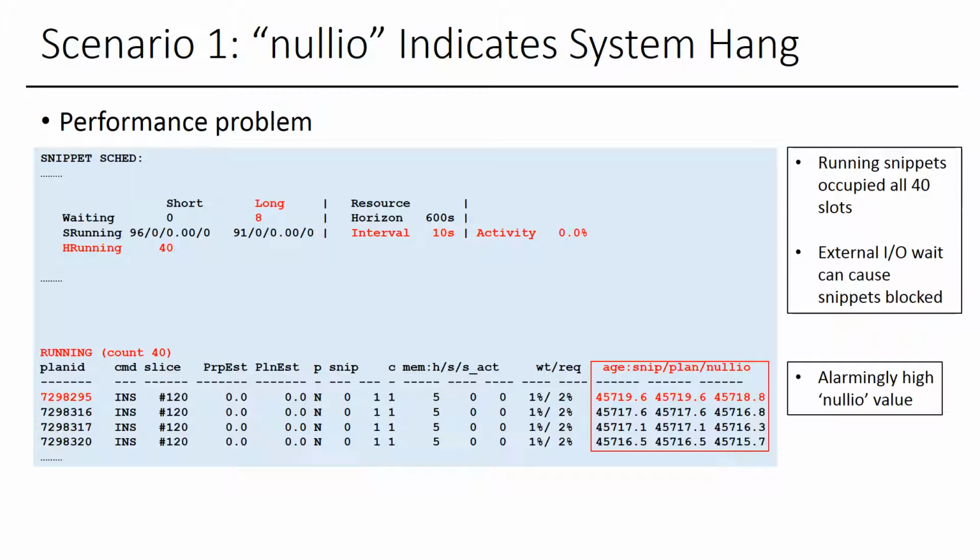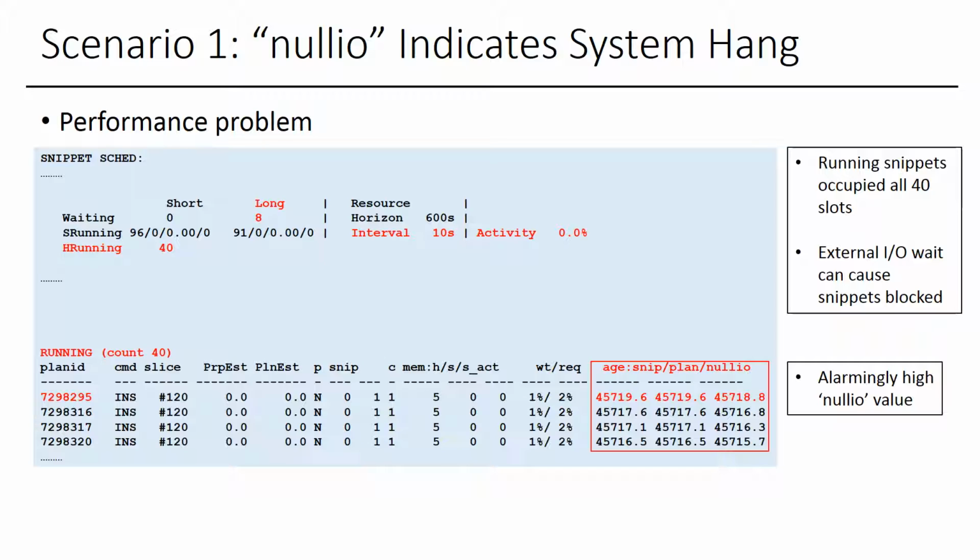We will leave the snippet scheduler waiting section at this point. The snippet scheduler is set to 40 maximum slots and all 40 are occupied with running snippets. Here are the first few lines of the 40 queries that the snippet scheduler lists as running. The important numbers in this output are under the age. The plan ID 7298295 has been running in its current snippet for 45,719 seconds, which is also equal to the total execution time